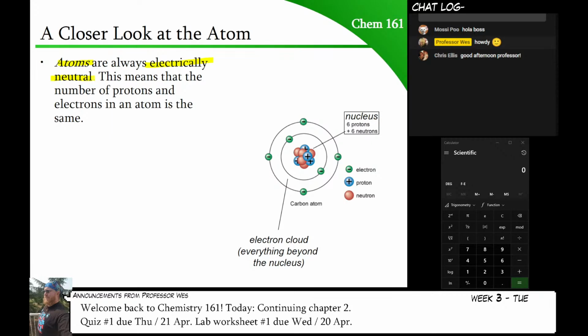Now, localized, if I were to get very close to the nucleus,